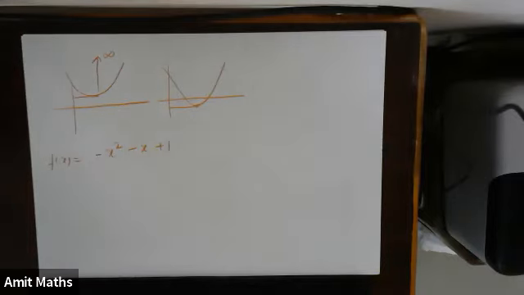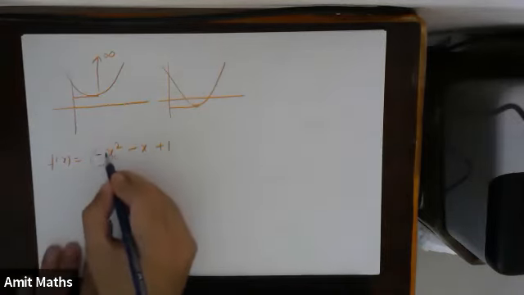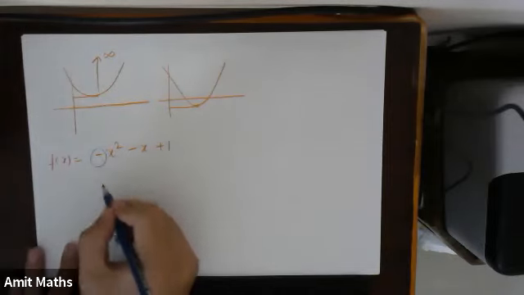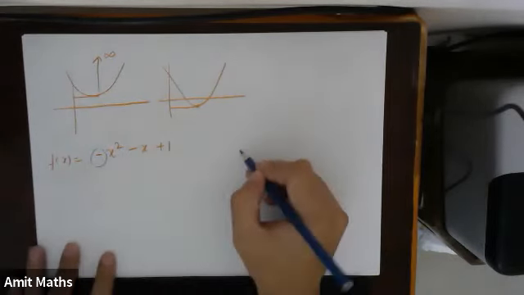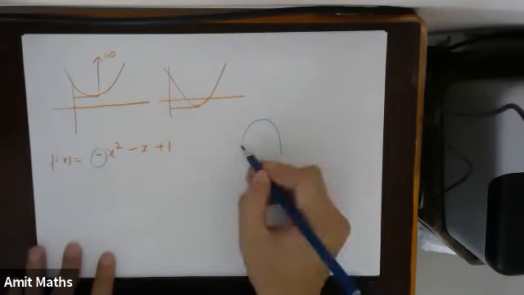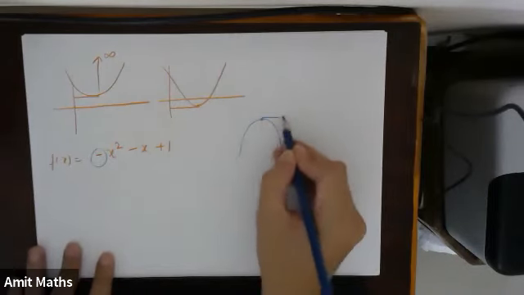Understood? Fine. So let's try to solve this one. So now we know that this is which kind of a parabola or quadratic expression. This is downward facing. Why do we know this is downward facing? Because of minus 1. A is less than 0. So that means this is a downward facing parabola, or downward facing quadratic expression. This is something like this. That means it will have a maximum point.